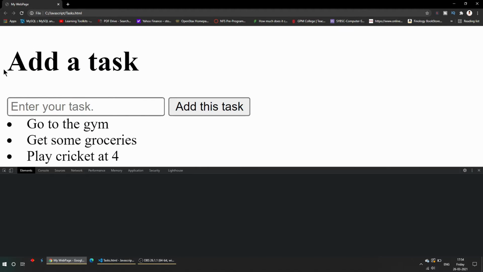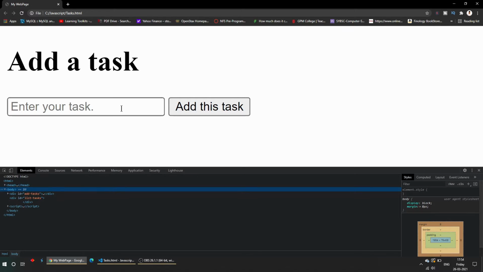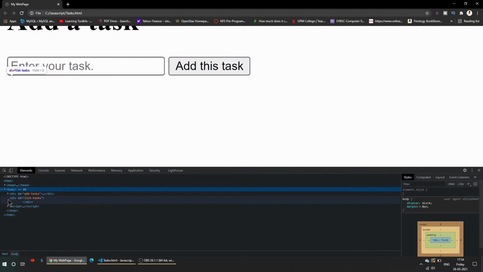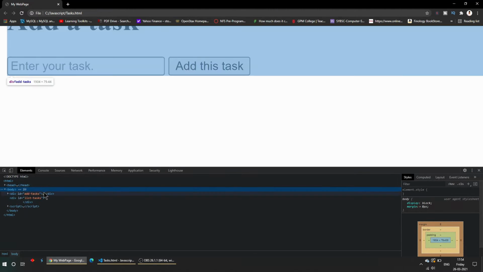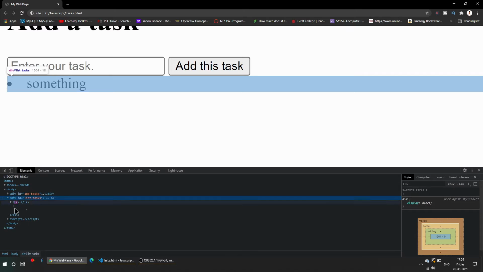We'll also open the console panel to see what is happening. I'll just refresh the page. So for now, this list tasks div is empty. It doesn't have anything, as you can see over here. It is not even showing because nothing is present over there. Now as soon as I say something and add it, a list ID has been added over here.